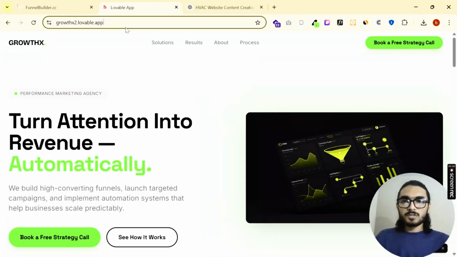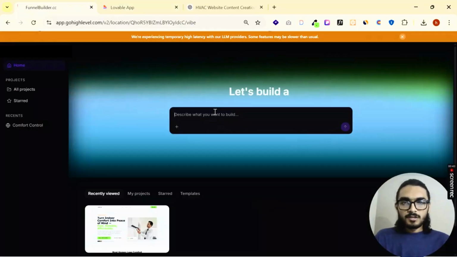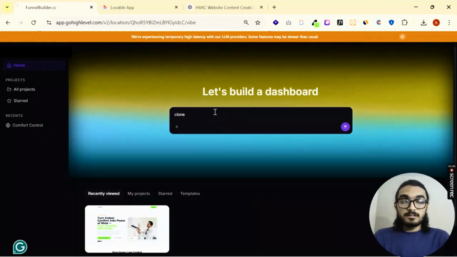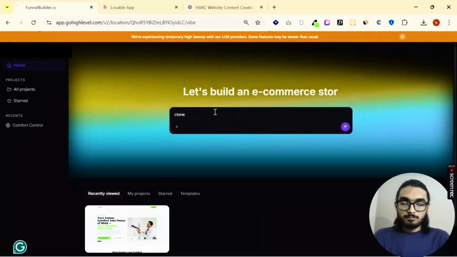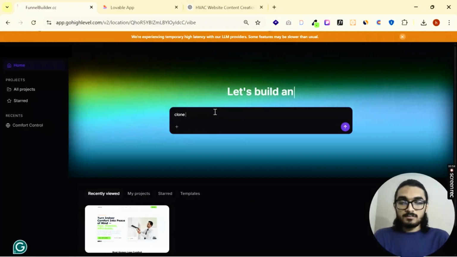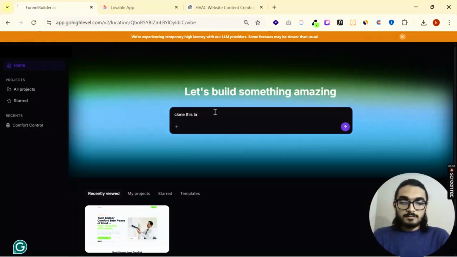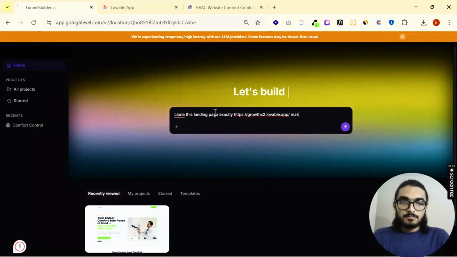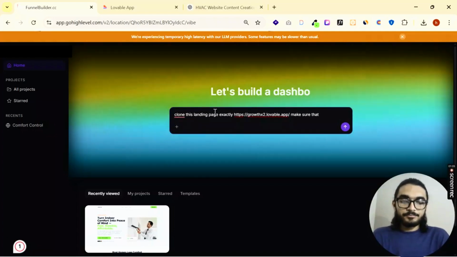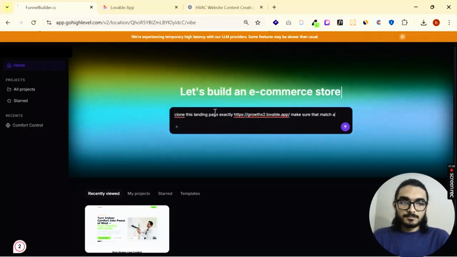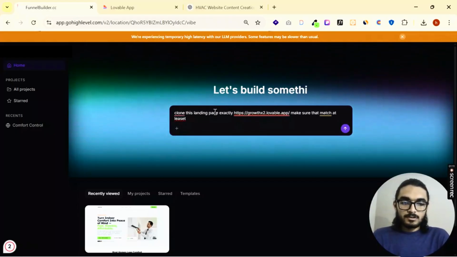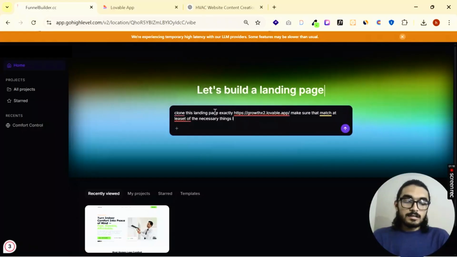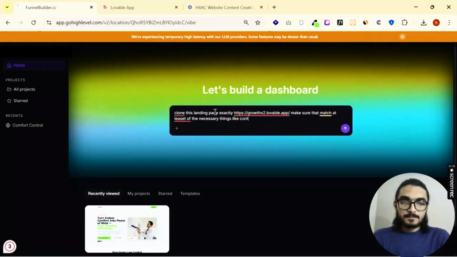Okay, so copy this link and then go here and write the command like this to check the capability of the builder of the AI Studio. Like, is it possible to clone any website inside Go High Level? Like, clone this landing page exactly, make sure that it matches at least all the necessary things like content and